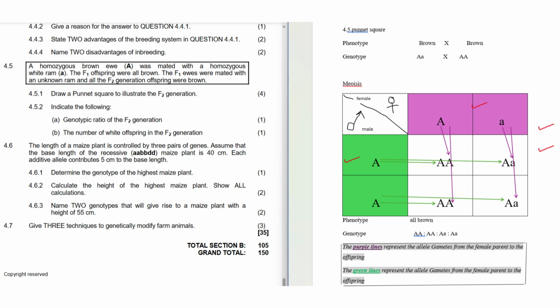Because we want it to mask this recessive allele for the female. Okay, because this cow has a heterozygous condition, dominant and recessive. So this recessive has to be masked, because if it is not masked, then it is tough. So taking the dominant allele from the male parent and the dominant allele from the female parent, then we have